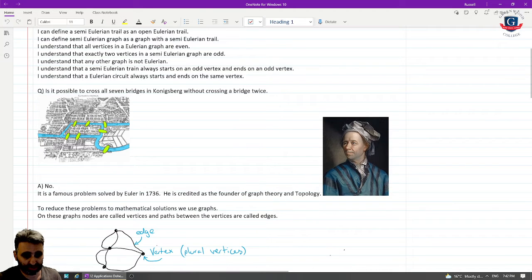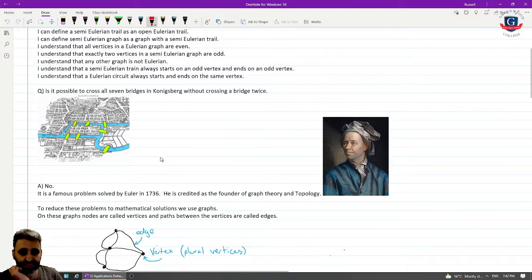Over here I have a picture of Euler. And the typical problem that we work with is the Königsberg problem. Is it possible to cross all 7 bridges in Königsberg without crossing a bridge twice? So here we have a picture of Königsberg, and if I start here, I could cross this bridge, go to here, cross this bridge, go to here, I could go over here. So if I want to cross all of the bridges, I need to cross that one,